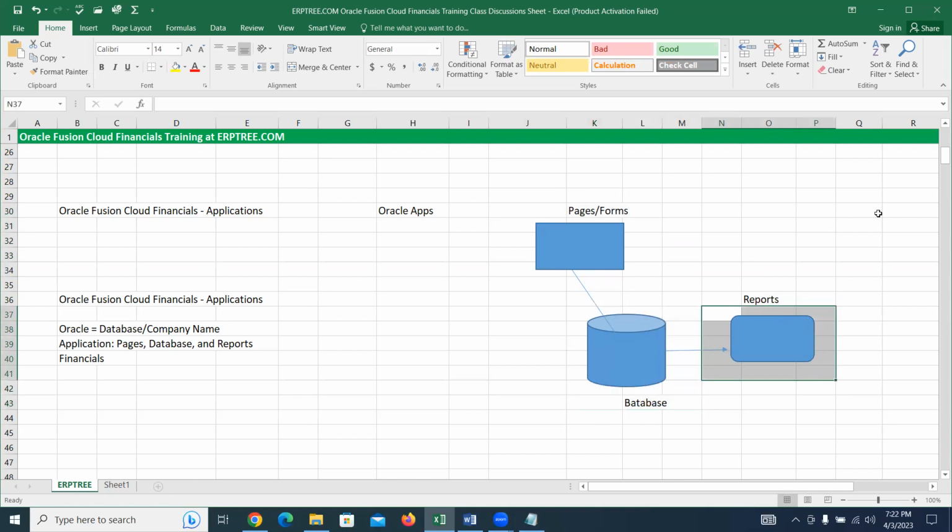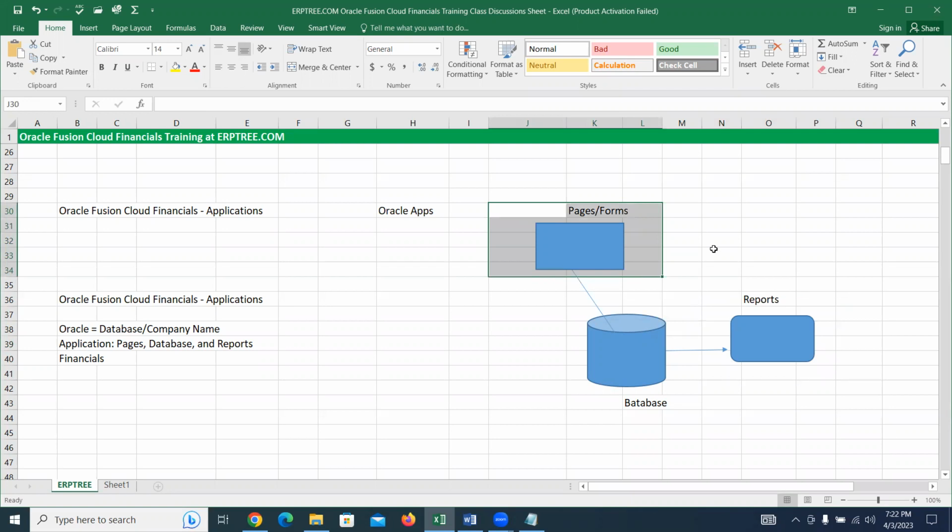Being a Facebook user, we may not run the reports. But Facebook as a business will run the reports to understand the users, their activities, and various aspects. In the same way, take any application, there will be a database. To enter the data into the database, you don't need to write any SQL, structured query language.